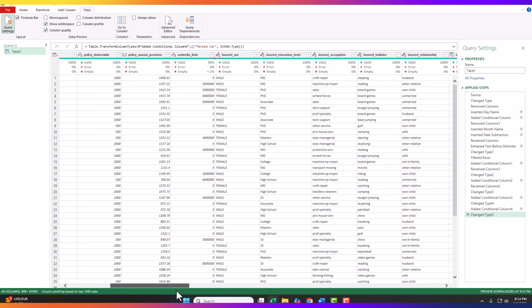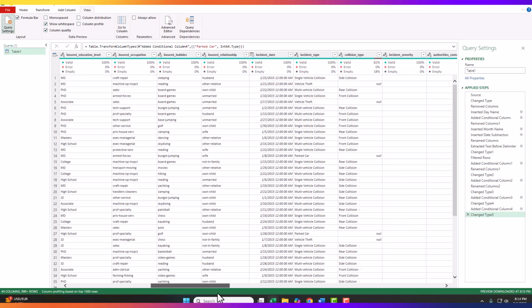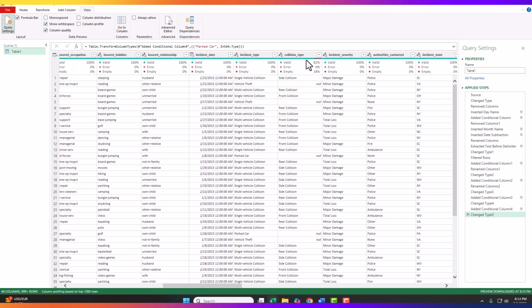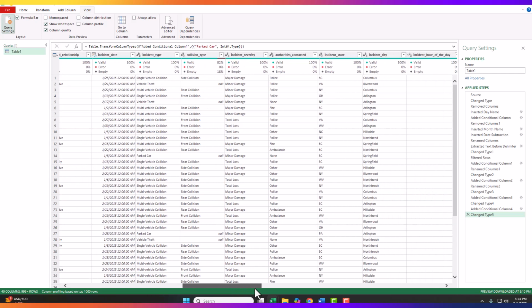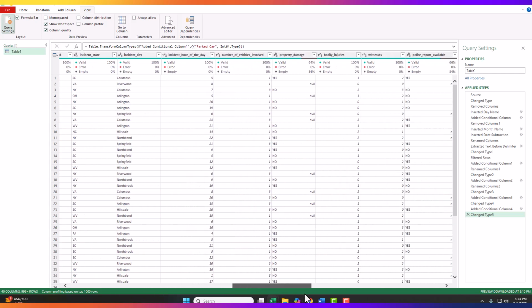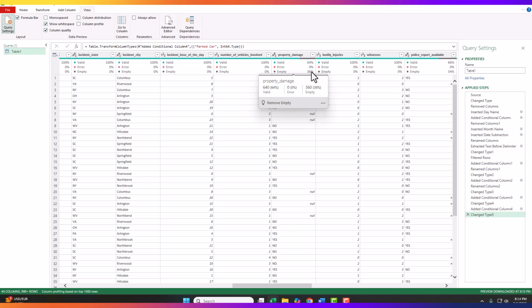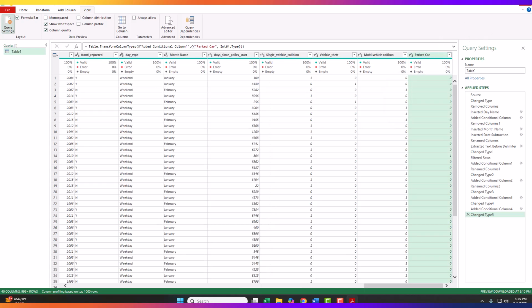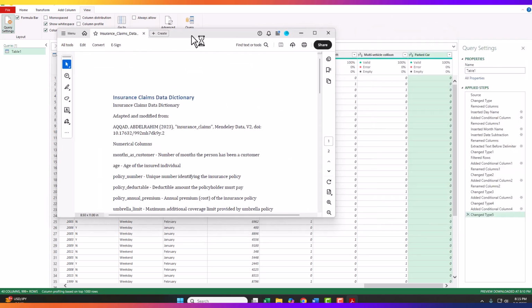And then if I keep moving around, it looks like most of them are good. Okay, here, collision type, we're seeing that there are quite a few null values there. And keep moving. All right, so now property damage, a really big number, and the same thing for police report, a really big number of null values there as well. So if we pull up our